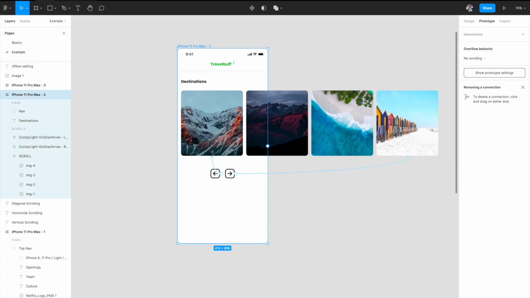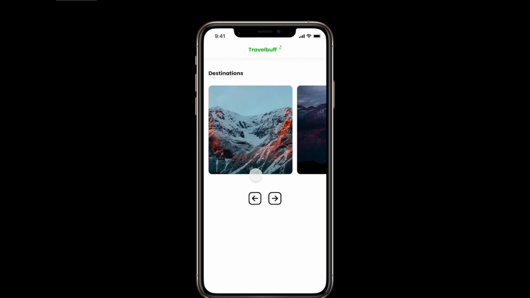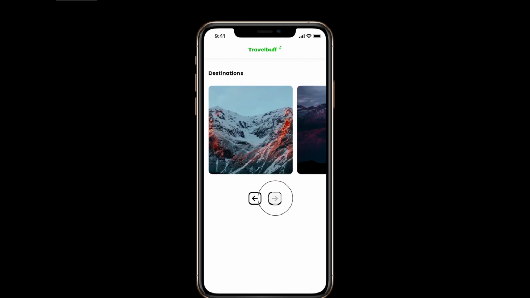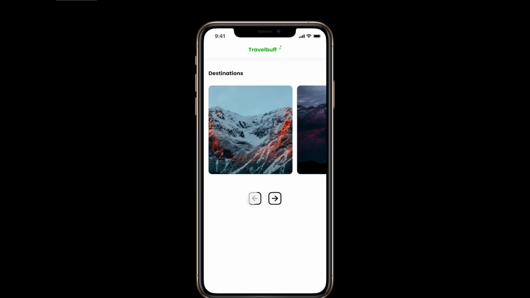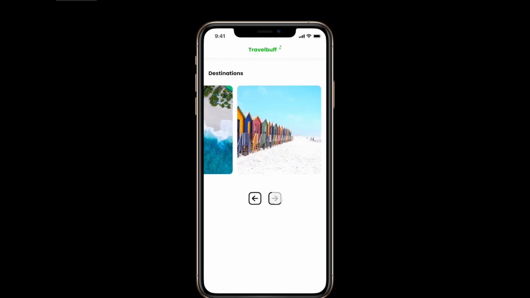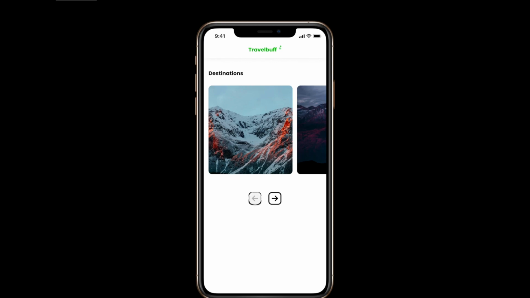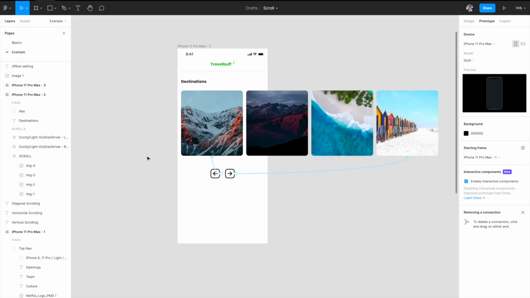Let's see how it looks. Refresh. Yeah. If I click, I'm able to horizontally scroll, but if I click this button, I'm able to go to the last screen, perfect. If I click left, I'm able to go to the first screen. And if I'm anywhere in the middle as well, if I click this, I'll be able to go to the last screen. And if I'm here in the middle, if I click the first arrow, I'll go to the first screen. So perfect. That's how you build a horizontal scrolling. Pretty easy, right? Now let's see the third and final type.